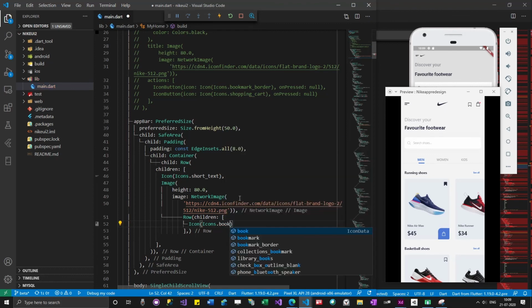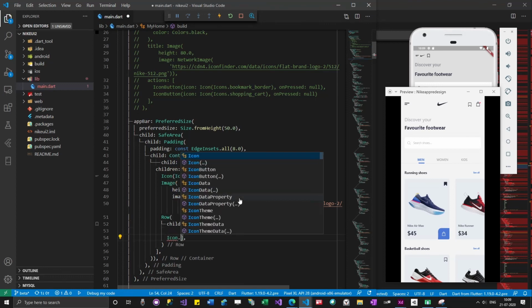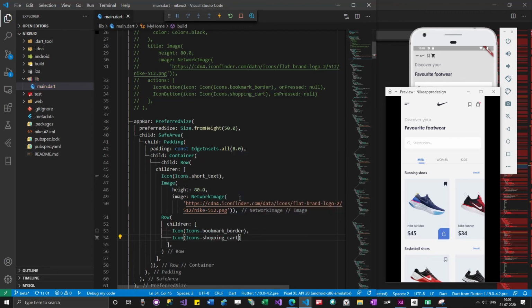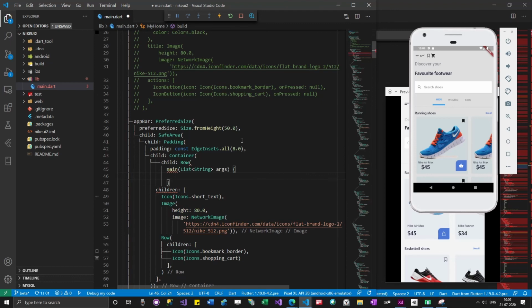Bookmark border. Okay, so now everything is appearing here. So let me arrange them evenly.